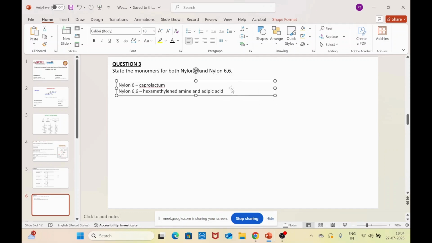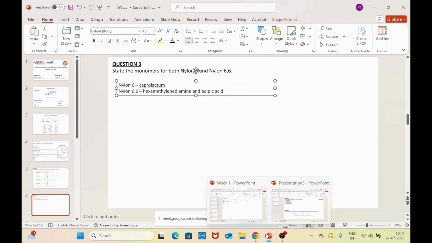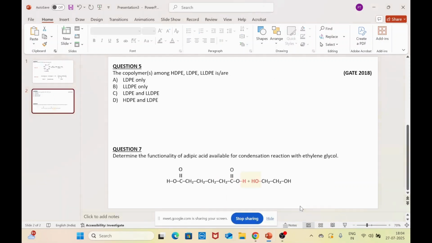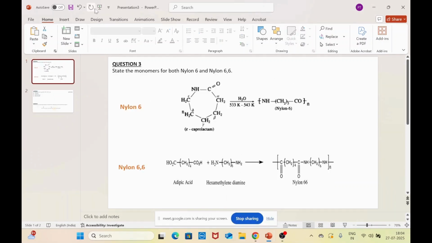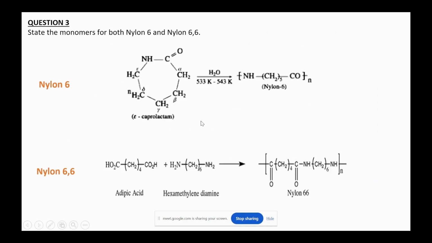Let me show how the reaction will occur, because depending upon that I have a few other questions that I would like to ask. I hope everybody can see. We have epsilon caprolactam that, when you heat it between 433 and 533 Kelvin, gives a linear chain. In the presence of a catalyst, active sites are generated, and they undergo further reaction with other monomers to form the polymers.